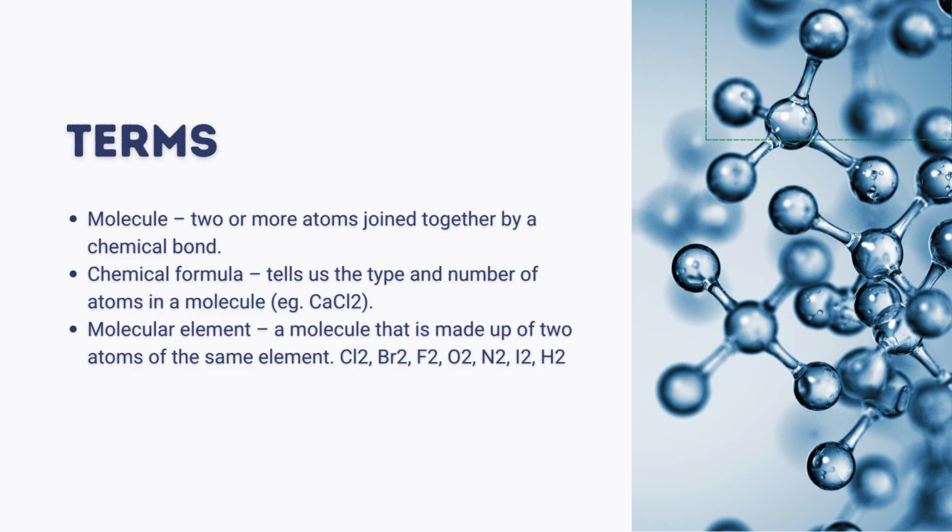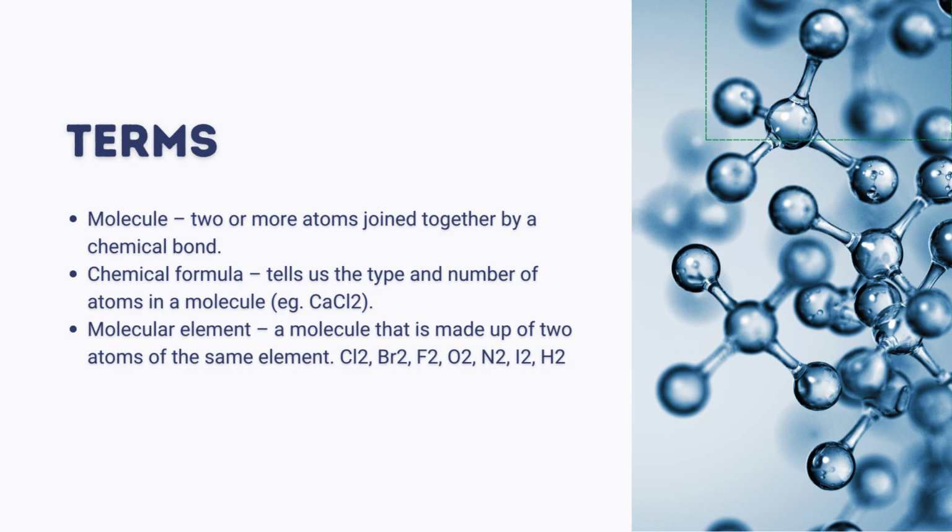Before jumping into content, let's review a few key terms. A molecule is a group of two or more atoms that are joined together by a chemical bond. These bonds may be covalent, ionic, or metallic, depending on the types of atoms involved. A chemical formula is used to represent a molecule and tells us the type and number of atoms that are present. For example, CaCl2 is the chemical formula for calcium chloride, which is a molecule that contains one calcium atom